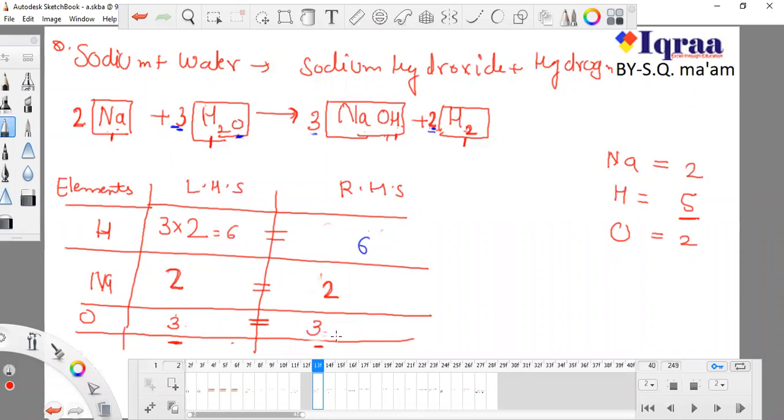Okay, now again there is a mess. What is the mess? The number of hydrogen is 3 2s are 6 here, but the number of hydrogen is 2 2s are 4 and it is 7 here. Okay, that is the problem which we are facing. Now what should I do? Can you tell me? Can you give me any idea?